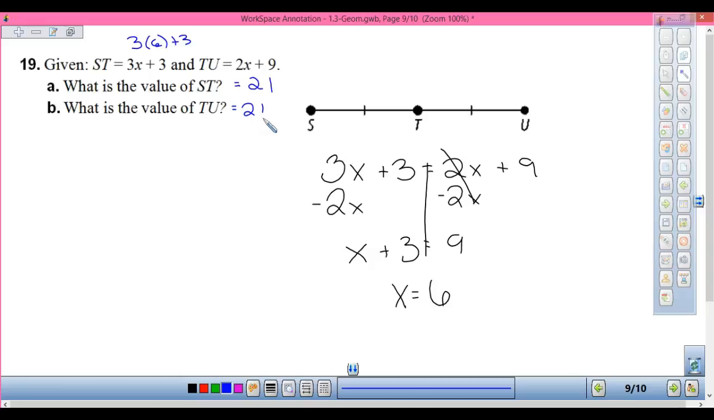Hey, are we good? Rockstars at measuring segments? All right. Your assignment